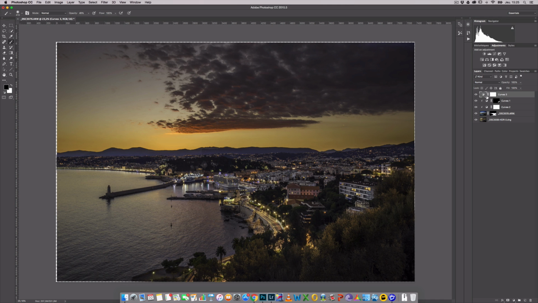Let me see if I mask it. So here's my layer mask. I'm going to put some dark, opacity 50. Okay. Right now I'm gonna do some